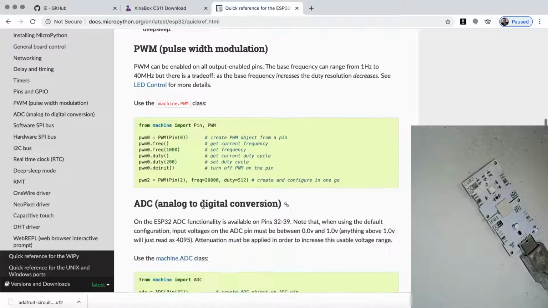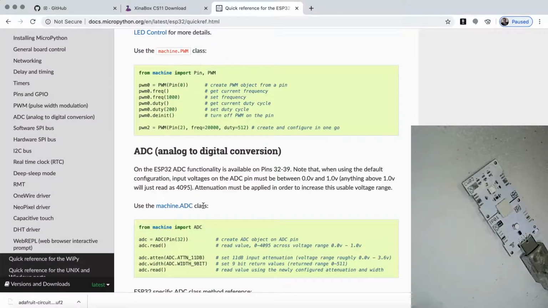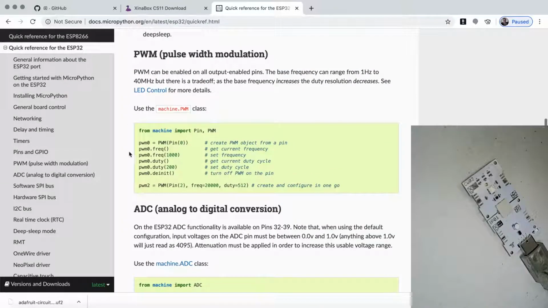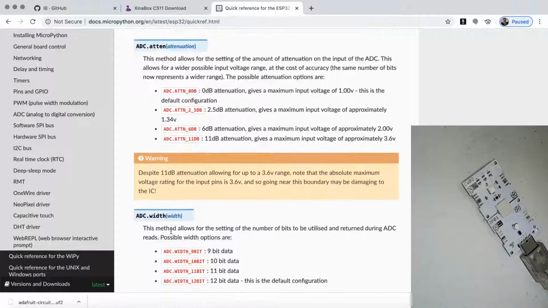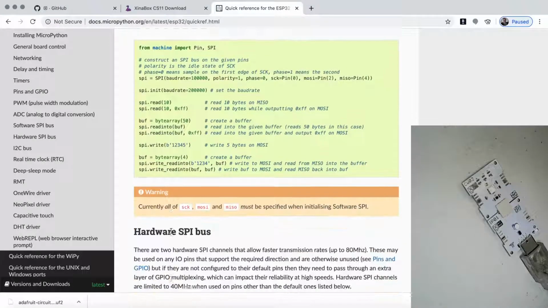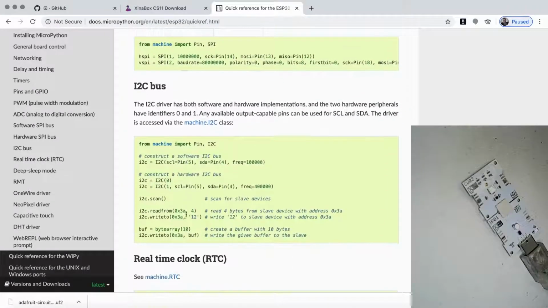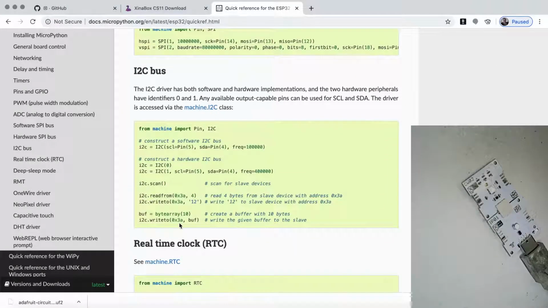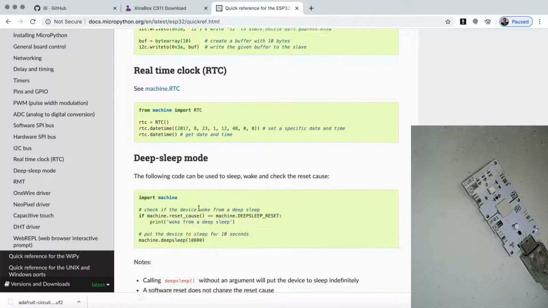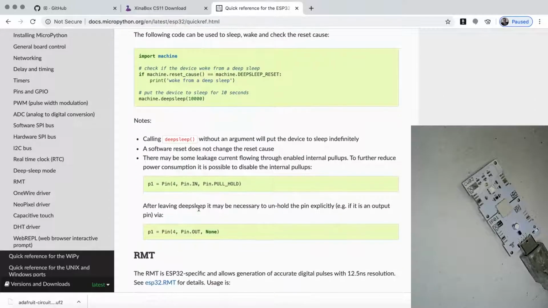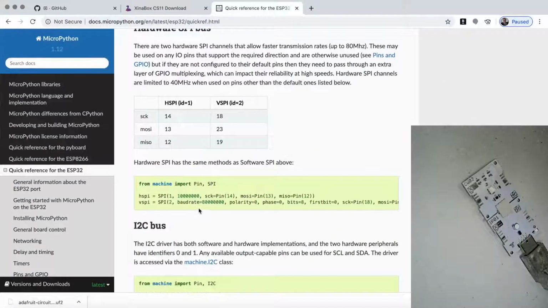And then there are a number of things that are not available on our device because we haven't taken those pins out, like the PWM, the ADC, and things like that. The I2C bus is here, and there are some pins that are referred to. Those pins, again, we're going to tell you which pins those are. But here you have the documentation for